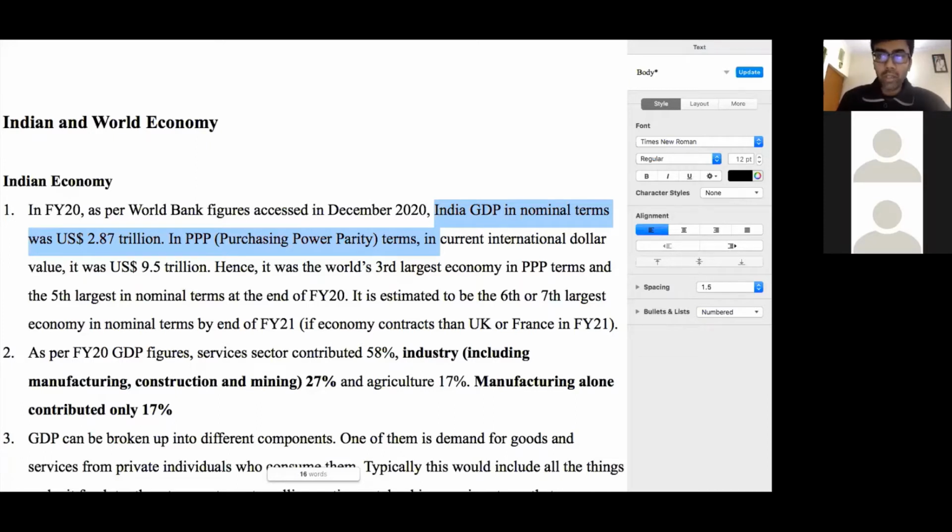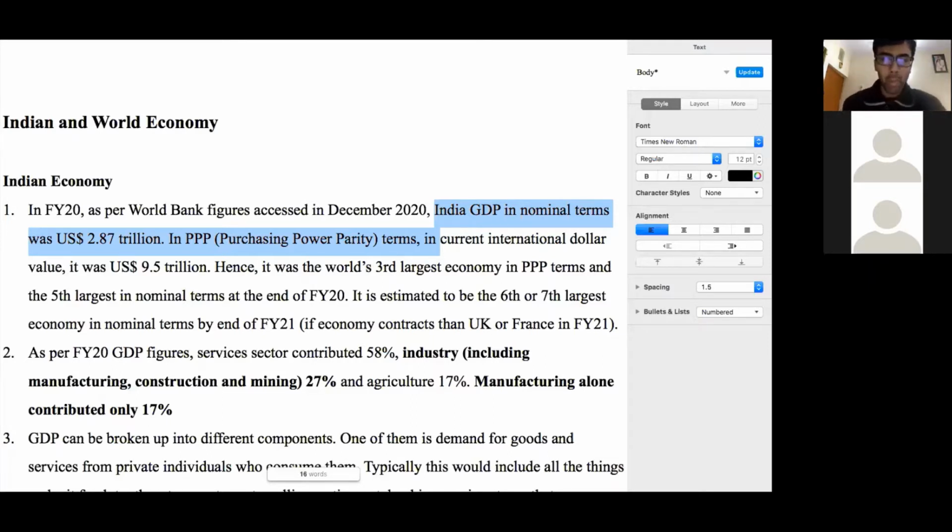So suppose the exchange rate went from 70 rupees to 73 rupees, so automatically there will be a change. If the GDP does not change at all, that means there will be a nearly 5% change in the value of the GDP, despite the fact that the actual GDP in rupees remains the same. So these kinds of complexities constantly come into the picture.